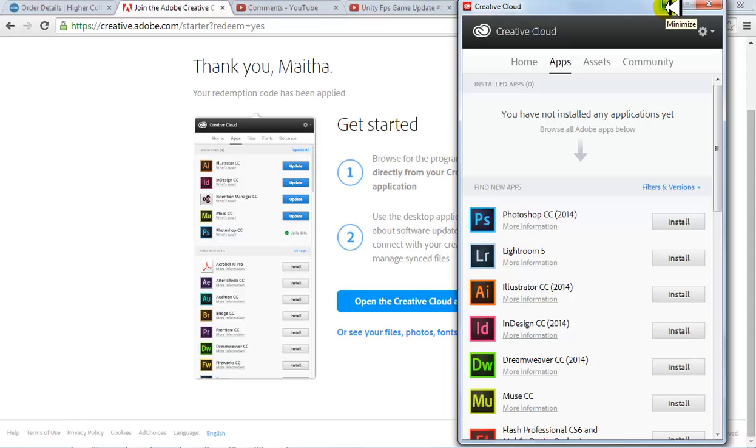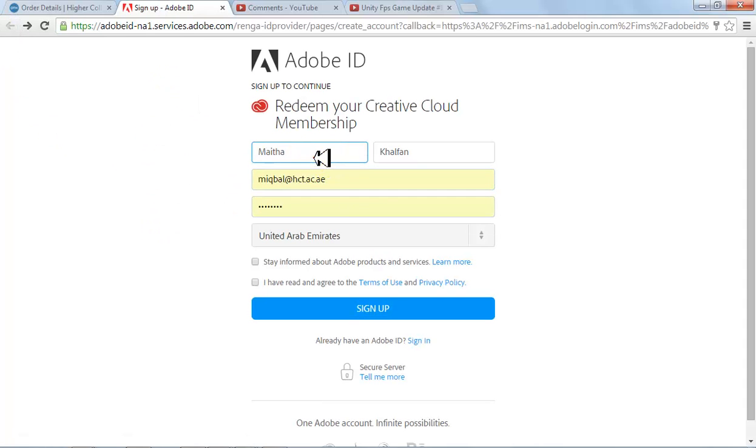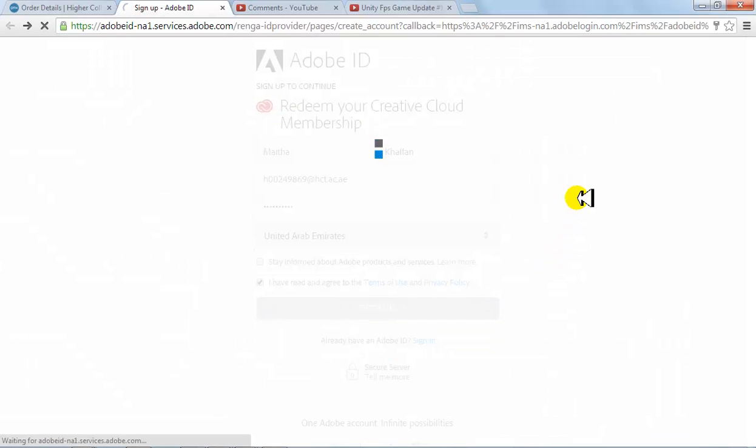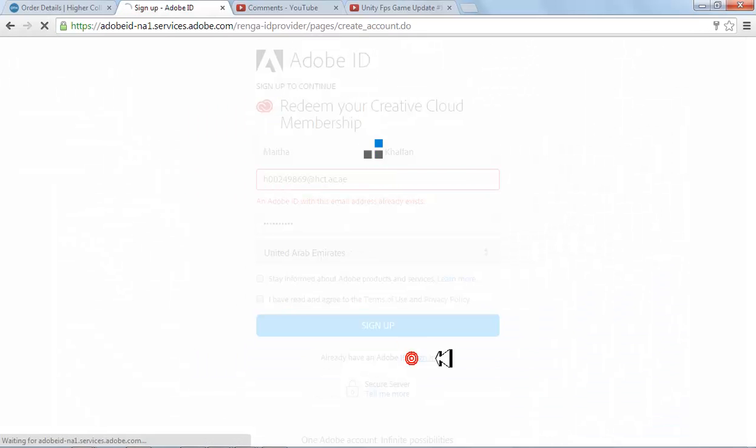Now, a couple more things actually. When you click on the link and you enter the redemption code and you come over here, you would say that I am now signing up. What can happen is that possibly you may have signed up over here before, and you forgot. So when you come over here on this link and you click on this checkbox, I agree to the terms and conditions, and you try to sign up, it would give you an error and say unfortunately you've already signed up, or unfortunately a user already exists with this ID. So what you should do in that case is click on the sign in button over here,